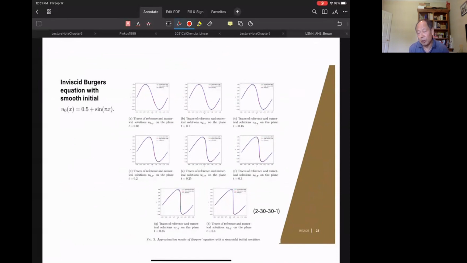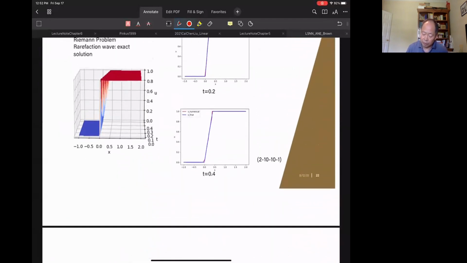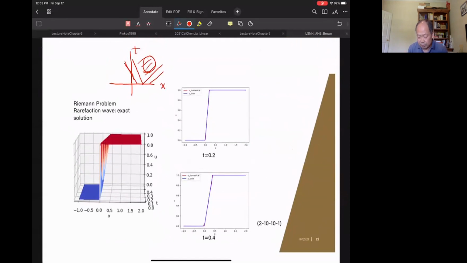In our new paper, we developed a new finite volume scheme. That finite volume scheme is very different from the Roe scheme we know. We think it is much more suitable for the neural network. One more thing I want to mention, which is probably good for George to know.